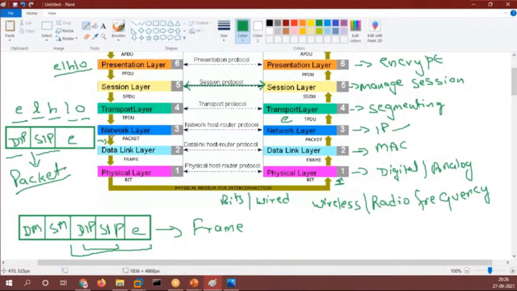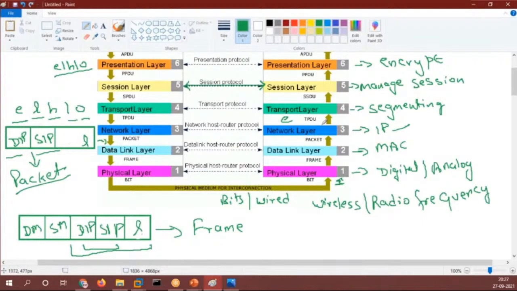After waiting, the same process will happen with every segment. Now with L, so here L will be there. After removing E, L will be there. So your IP will be added with L, right? Then your destination MAC address and source MAC address will be added with the L, right? So that is the thing. Same process will be happening.